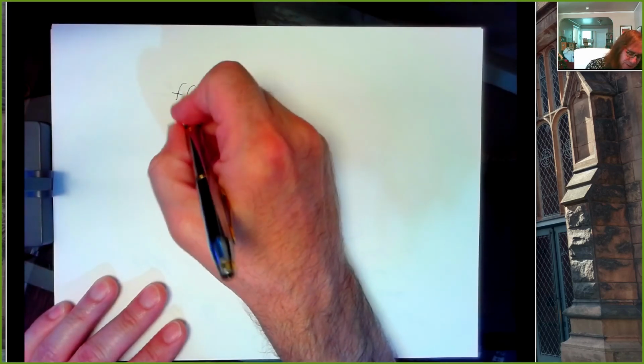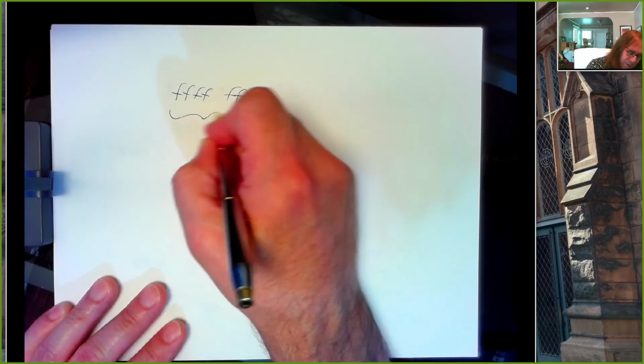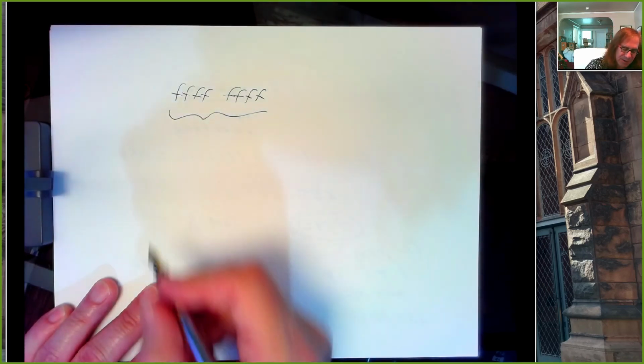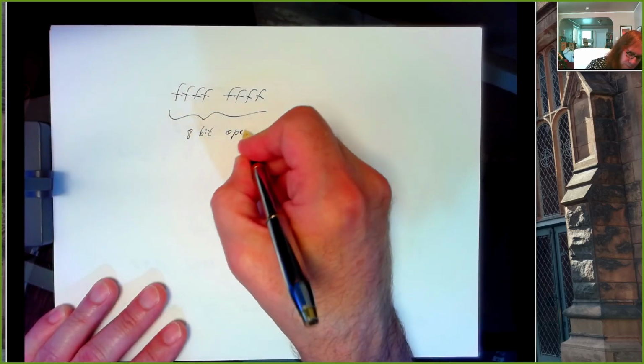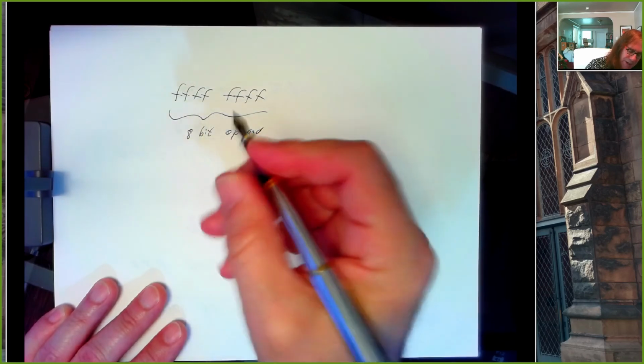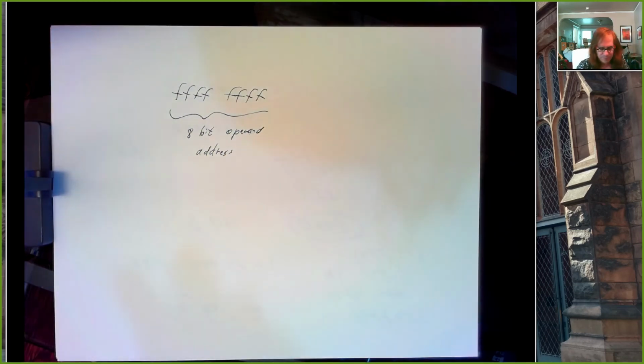So in your instruction maps, there's usually these things called F, which is usually an 8-bit operand address. So for example, increment file register,